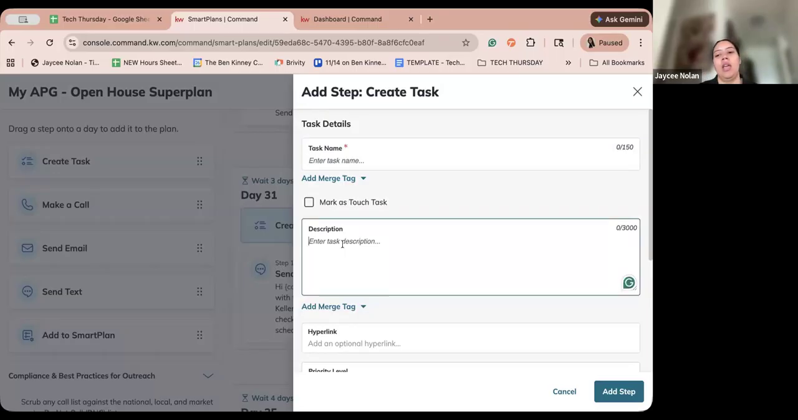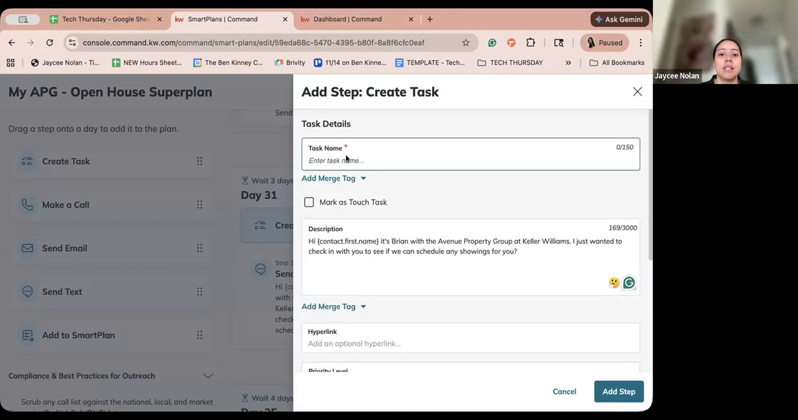This is the same way it happens for all of the different icons on the left-hand side, but as I did copy and paste, hi, contact first name, it's Brian with Avenue Property Group at Keller Williams. Just wanted to check in to see if we can schedule any showings for you. Okay, great. Now I want to label the task accordingly so I can know send